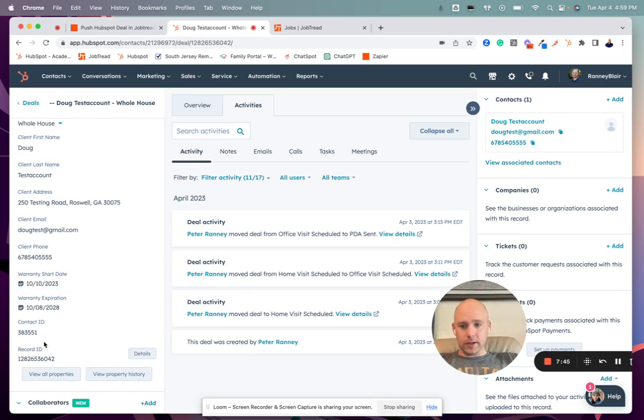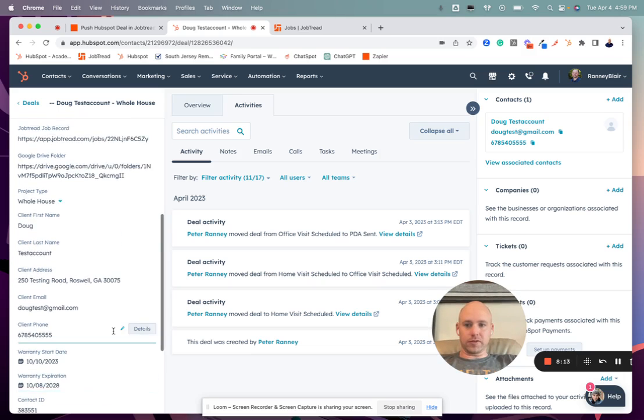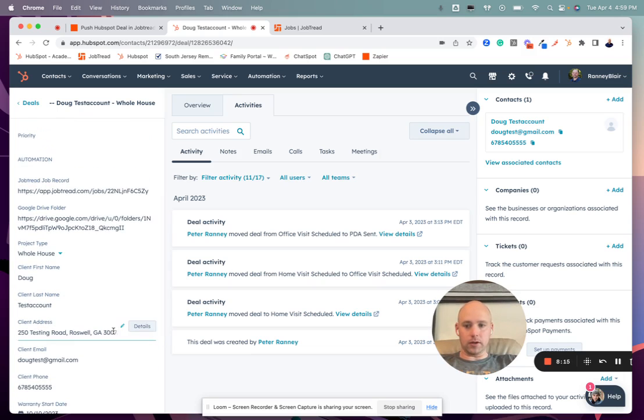This contact ID and this record ID, these are already IDs on the account. So you don't have to create these, but I would highly recommend adding these. And I think it's maybe beyond a recommendation. I'm pretty sure you have to, thinking about it now. The record ID is probably the most important, but I'll show you how I use the contact ID to kind of link things together. So the moral of the story is, in HubSpot, you need to go into